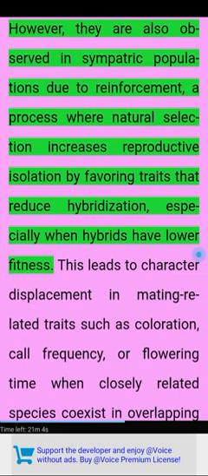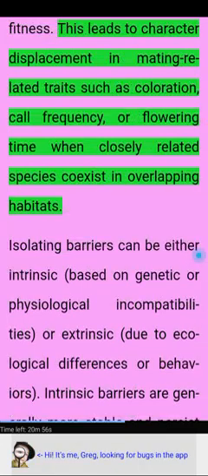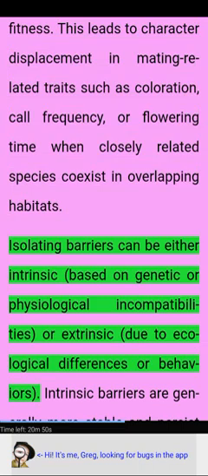However, they are also observed in sympatric populations due to reinforcement, a process where natural selection increases reproductive isolation by favoring traits that reduce hybridization, especially when hybrids have lower fitness. This leads to character displacement in mating-related traits such as coloration, call frequency, or flowering time when closely related species coexist in overlapping habitats. Isolating barriers can be either intrinsic, based on genetic or physiological incompatibilities, or extrinsic, due to